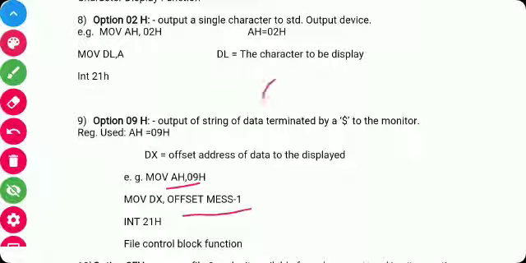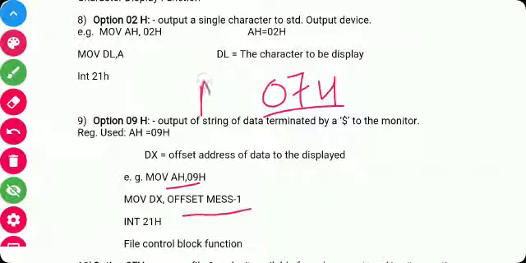The next function is 07H of INT 21H, which is used to take input from the keyboard but does not display it on the monitor, that is, without echoing the character. For example, a password: we cannot see the password characters on the monitor. For that purpose we can use 07H.